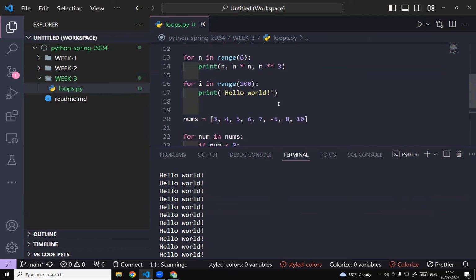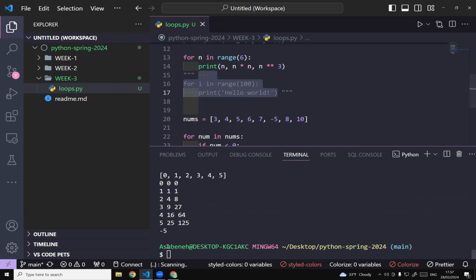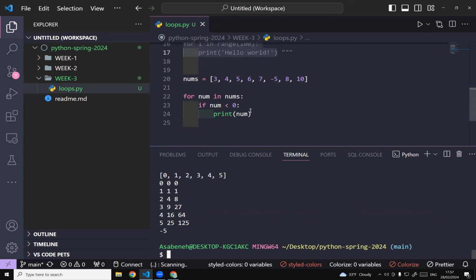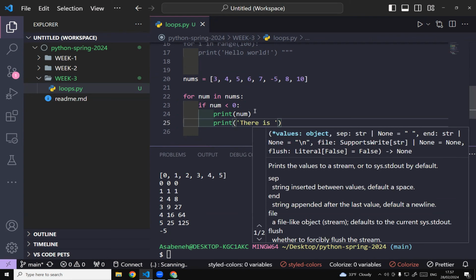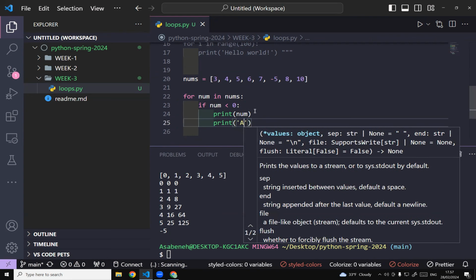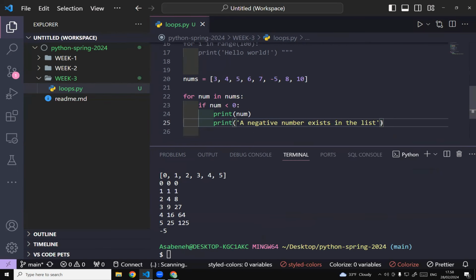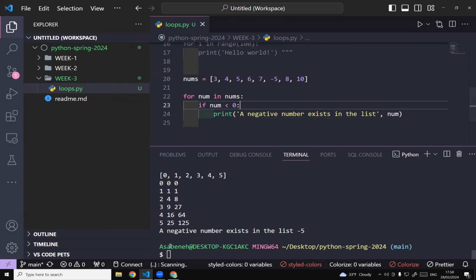And actually printing from this, it's too much, so I have to comment this out. 100 times is really long. As you can see, minus 5 exists, so there's minus 5. So I can say print there a negative number and negative number exists in the list. And I can just print num. Let's see. Great. So we managed to